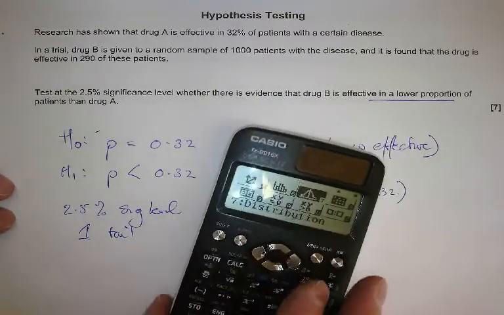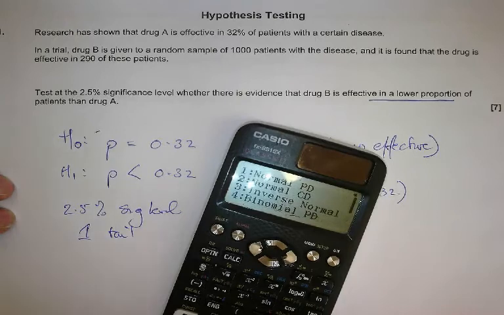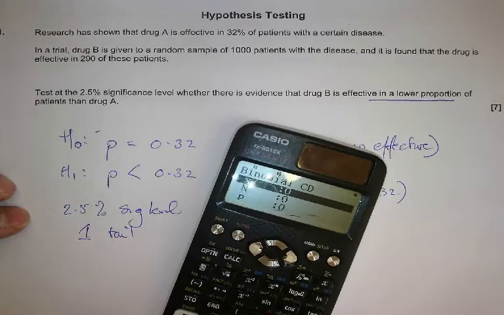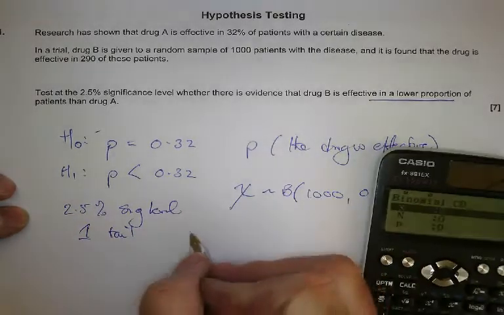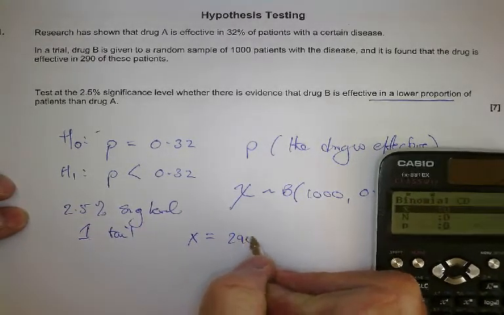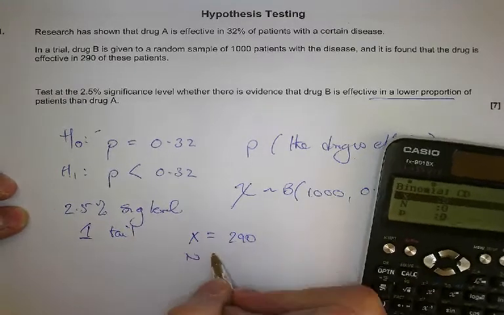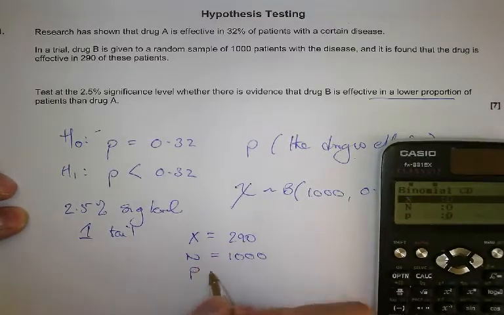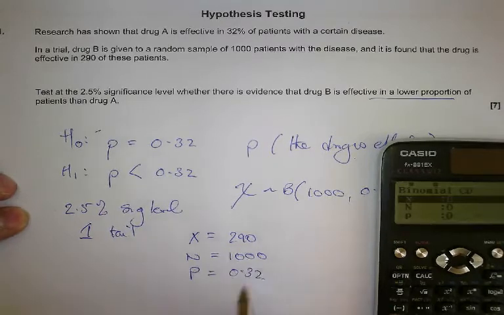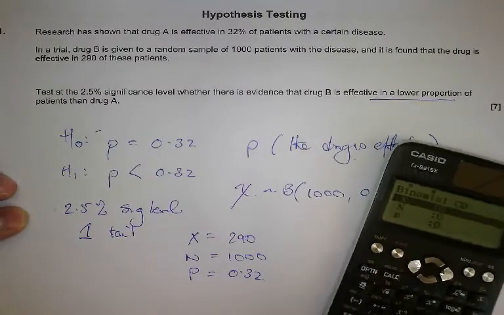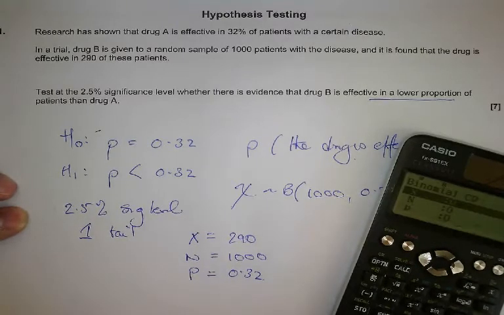So here we go. Let's turn it on. Let's get to menu. It's number 7. And so it's binomial distribution. It's cumulative, so I'm getting there. And it's a variable. Right, okay, well x here is going to be 290. So that's my x, my n is 1,000 and my p is going to be 0.32. So what I'm doing here is working out the probability that it would be 290 or less. So that's where we go, 290, 1,000, and the probability of success 0.32. And it comes out as